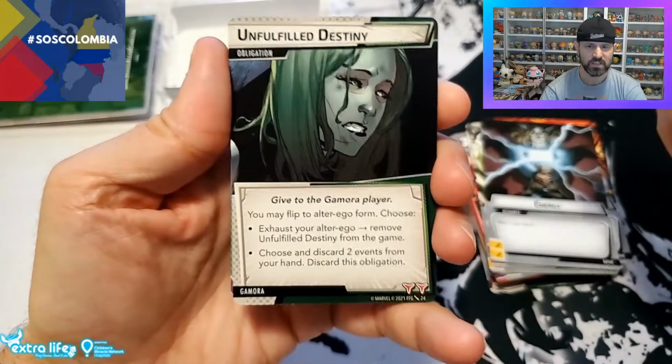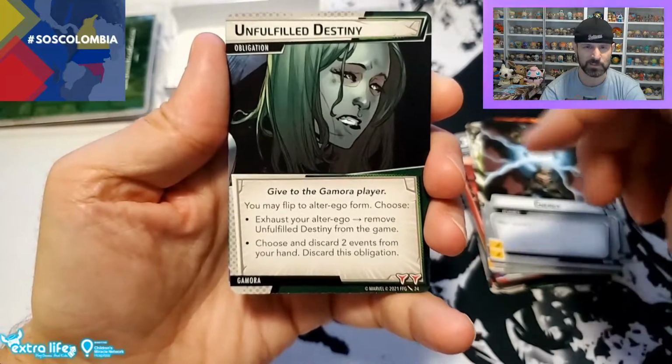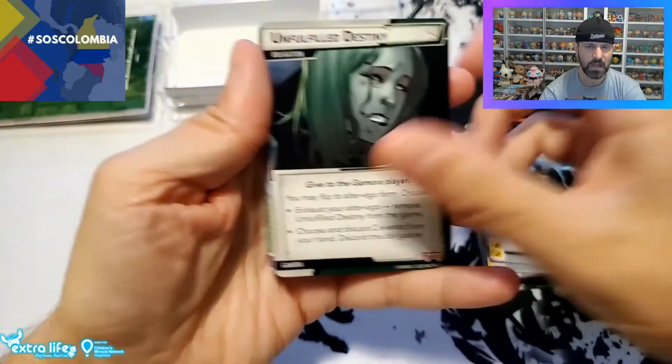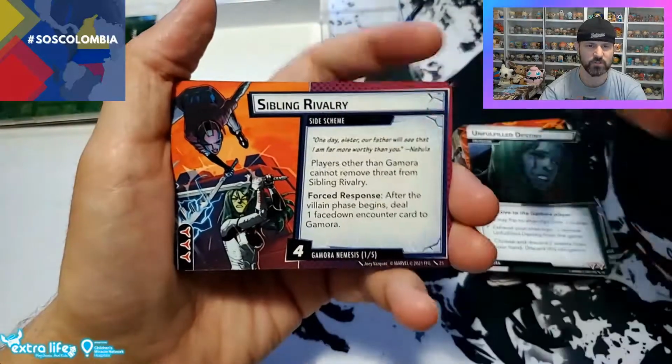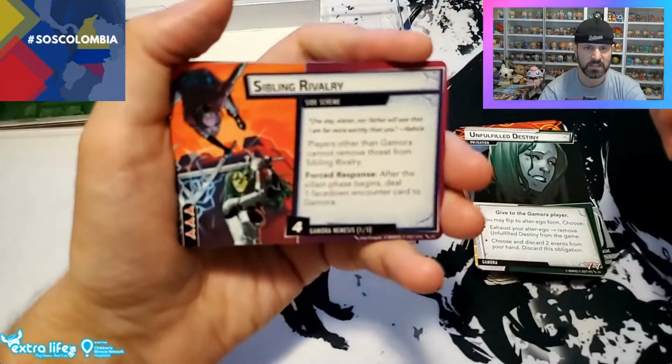And then her obligation, unfulfilled destiny. So of course, she did not fulfill her father or adopted father Thanos' destiny. So I guess here's your obligation. Just like anyone, it's going to stop you from playing by either exhausting you or causing you to take an additional event card. So the side scheme, her nemesis, is...